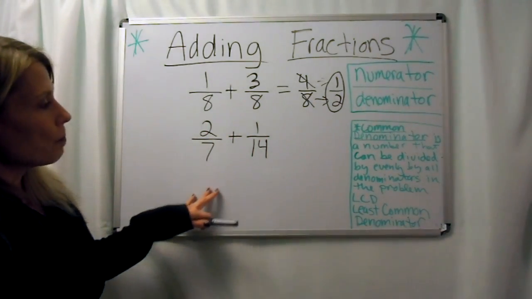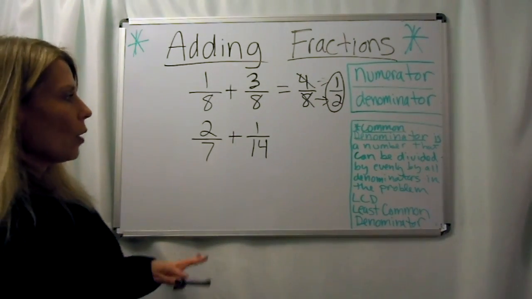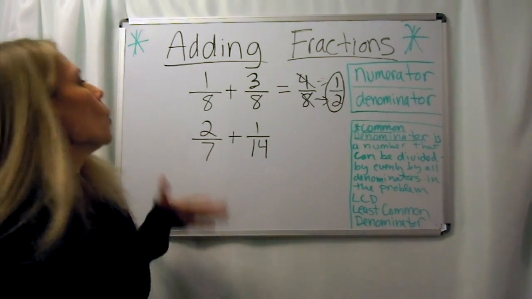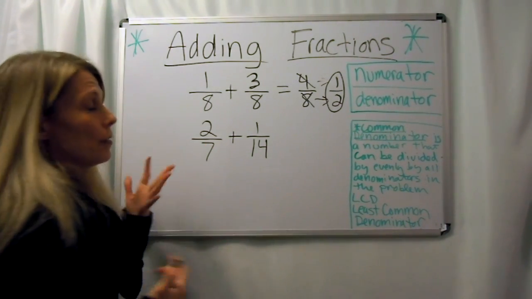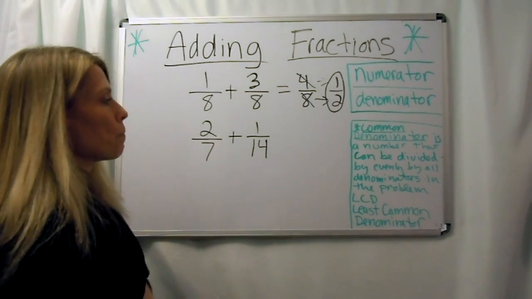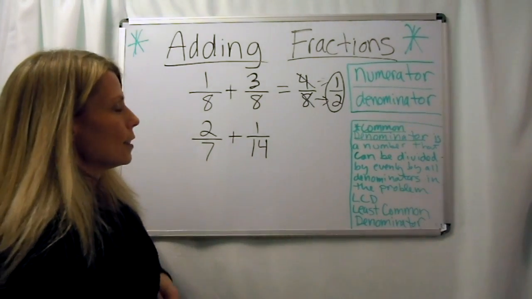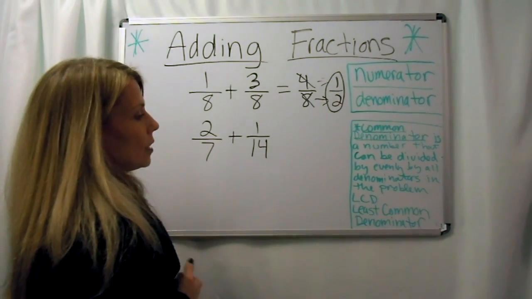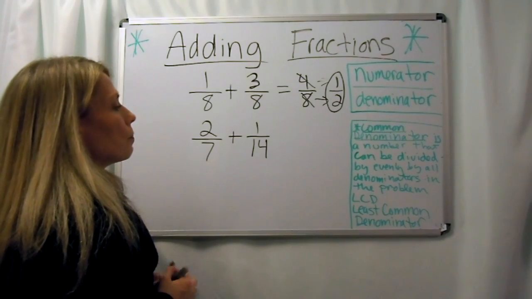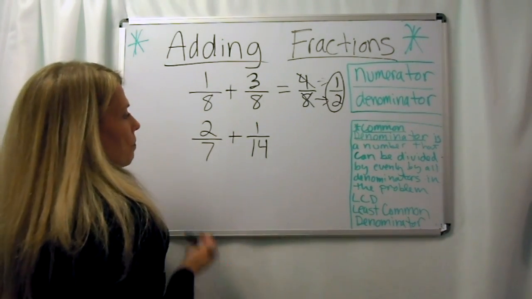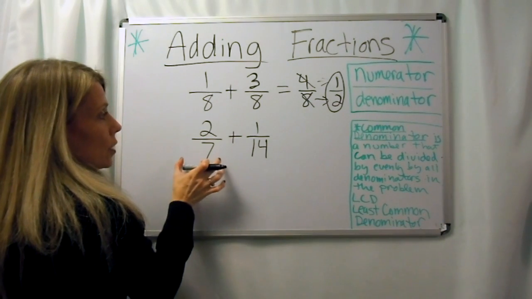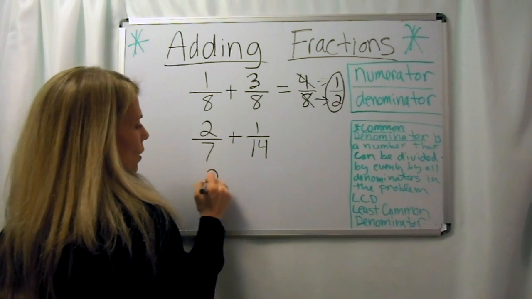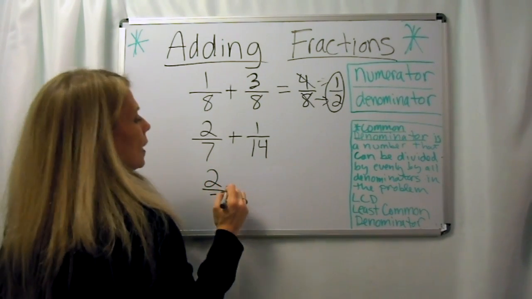So for this problem, applying this definition, we look at these numbers and ask ourselves, what is that number that can be divided evenly by both? And in this case, it's 14. So because we're going to choose 14 as our least common denominator, this can stay the same. But we have to convert 2/7 to 14ths. So we say 2/7 equals